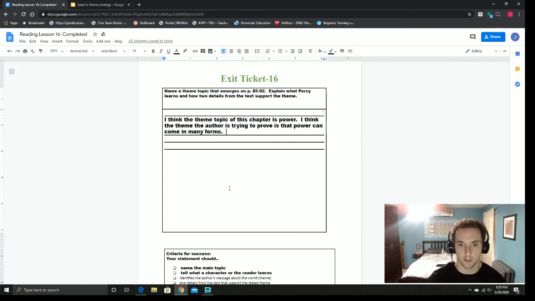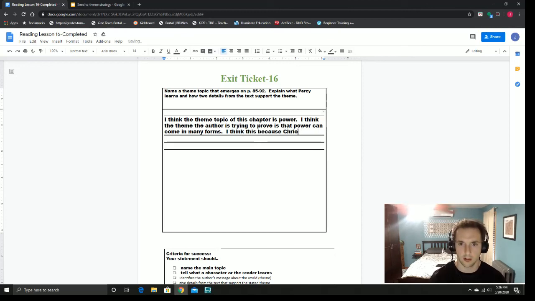Okay. So this is the theme topic, power, and now the full theme is that power can come in many forms. That is a lesson that I think everyone can use throughout their life. A lot of times when people think of power, they think of just physical power and strength or superpowers, but actually it can come in a lot of different ways. Right? And here I go to explain. I think this because